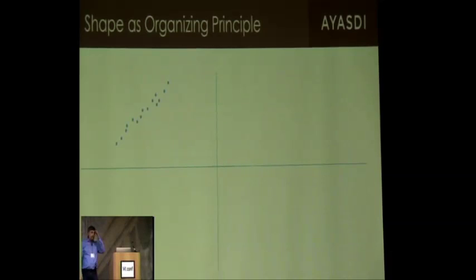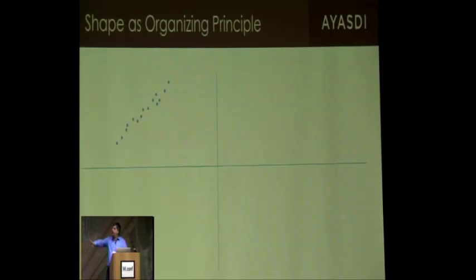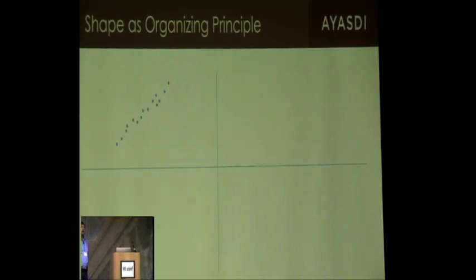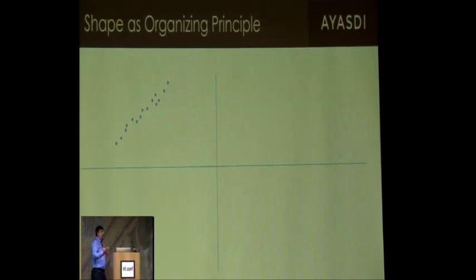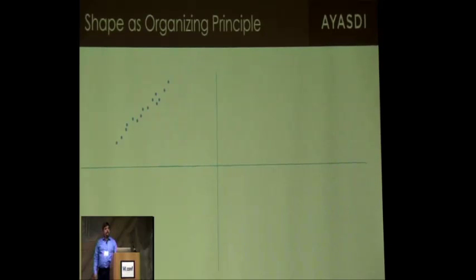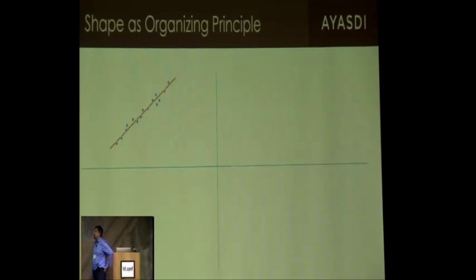This is something that everybody here is familiar with, but maybe they haven't thought about it in these terms. So here I drew a line, right? A scatter plot of a slightly noisy line in the plane. Well, a line is a kind of shape, right? It's a particularly useful one. It's even a very common one. We like it because we can do linear regression, we can do prediction, etc. All of the power of linear regression comes from the shape, the fact that it's a line. It's a linear space, right?